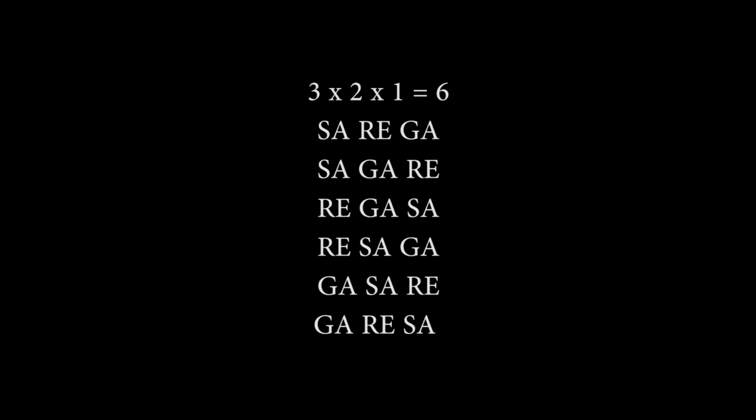Let's work those out now. The first one will be sa re ga. Second one, sa ga re. Third one, re ga sa. Then ga sa re, and so on. Now if we take 4 swar, then we get 4 multiplied by 3 multiplied by 2 multiplied by 1,